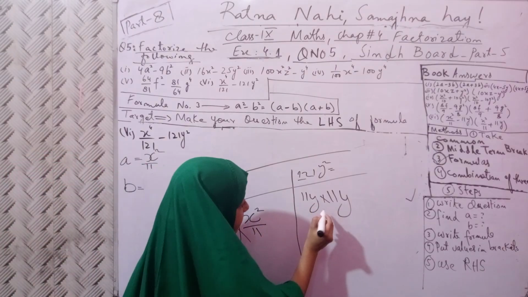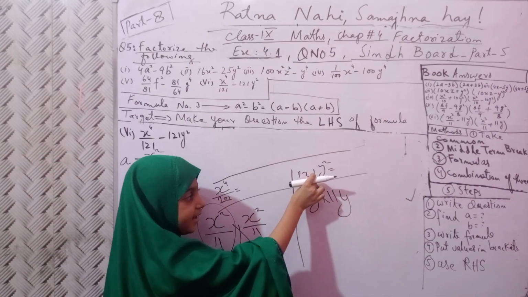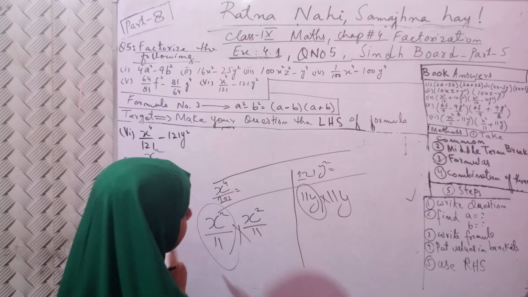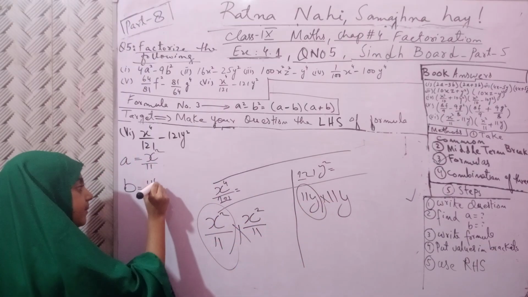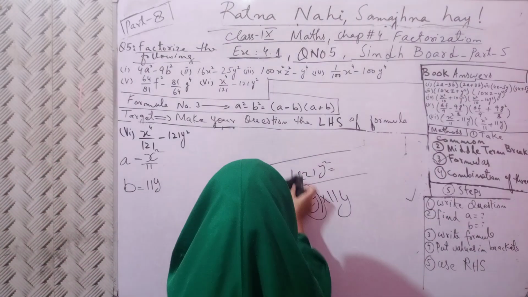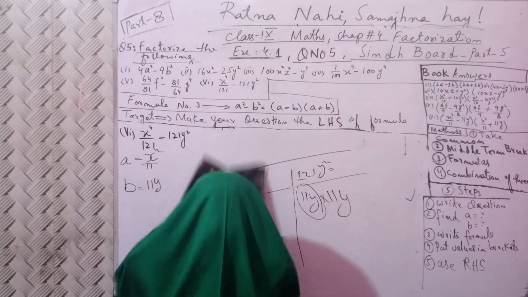Done. And these are factors of 121 y square, and this 11y will become out. Done this. Now,